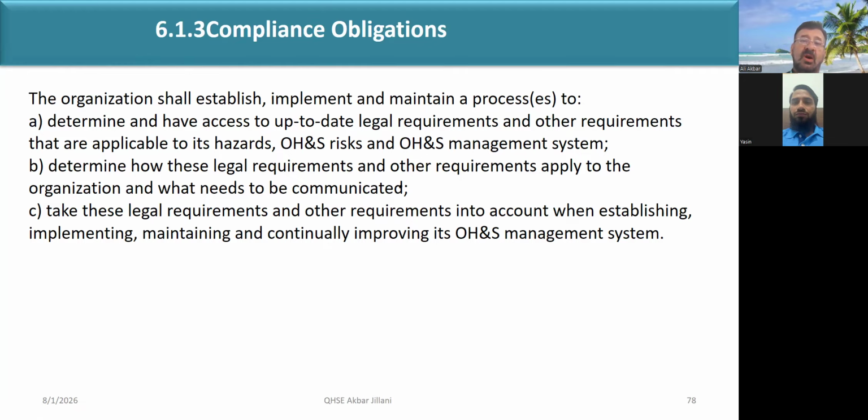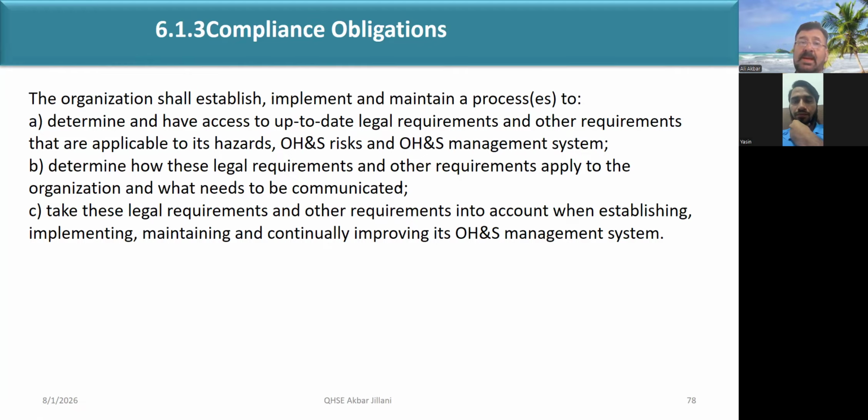So, we are working with the municipality. You are a construction organization, so you have to comply with the UAE labor laws. You have to comply with the ADOSH requirement. And apart from this, you also have to comply with your DMA, Municipal Authority, Department of Municipal Affairs. They change the name from time to time. Now the current name is DMT, Department of Municipalities and Transport.